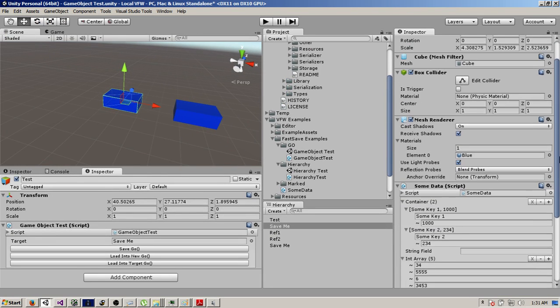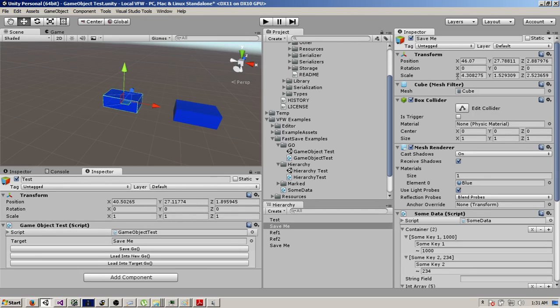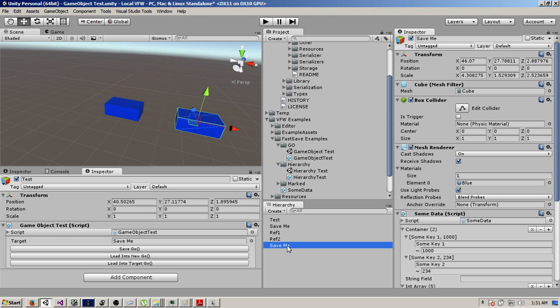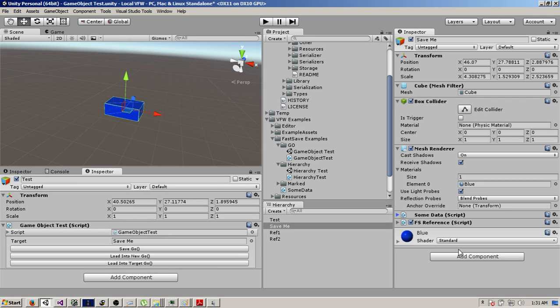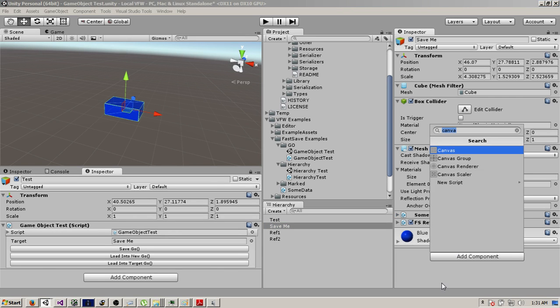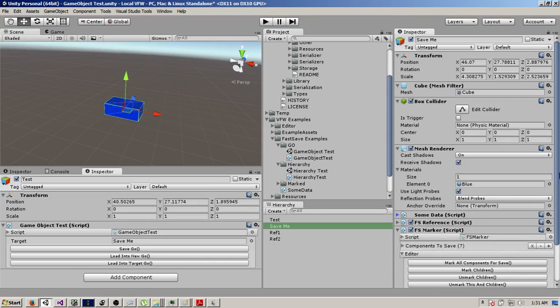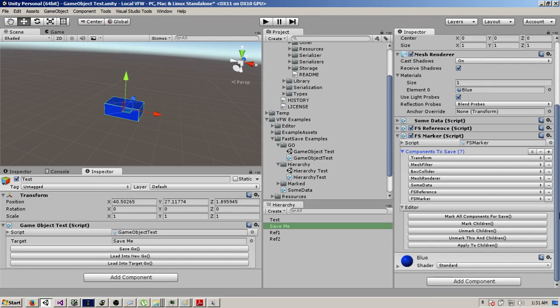If you don't have a save marker on your game object, all the components will be saved. Now, a save marker is basically a component that you could add to customize what components you want to save. So if I say fs marker, it gives me a list of the component types I want to save. So let's say I only want to save